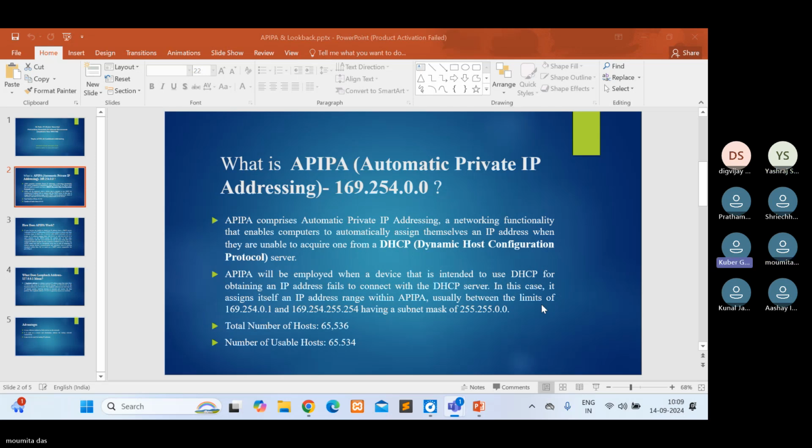So the host portion consists of 16 bits. The number of possible addresses in a 16-bit host portion is 2 raised to 16, that is 65,536 IP addresses. Good. That's it. So /16, like I said, the maximum is /32. Why? Because there are 8 bits in 4 octets, so that's 32. So 32 minus 16 gives 2 raised to 16, and 2 raised to 16 will get you this number. I hope the others have got it. Okay. Thank you, Momita. That would be all.